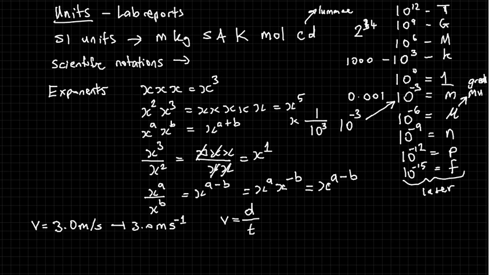Another thing is, let's say we've got molar mass, and the units for that is grams moles to the negative 1, which is per moles, or grams divided by moles. And so we can just write that down. Moles is equal to grams, which is mass, divided by moles, which is usually